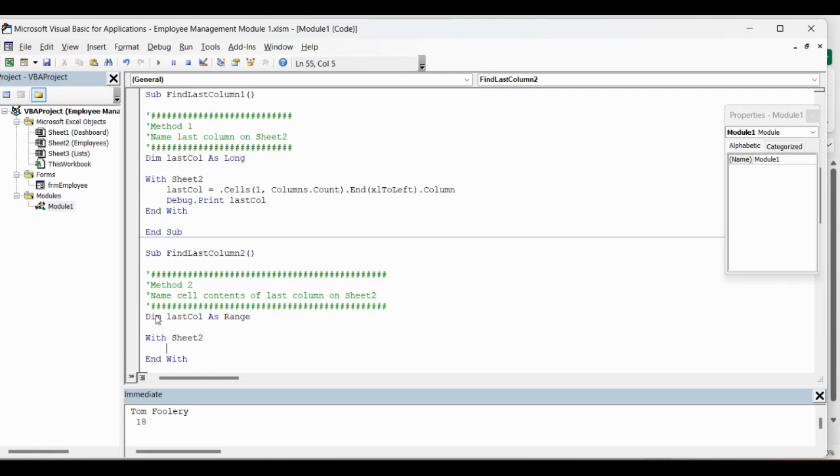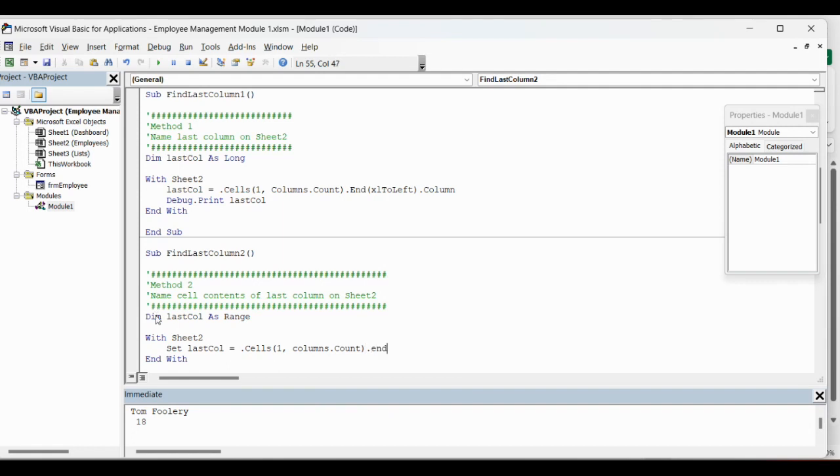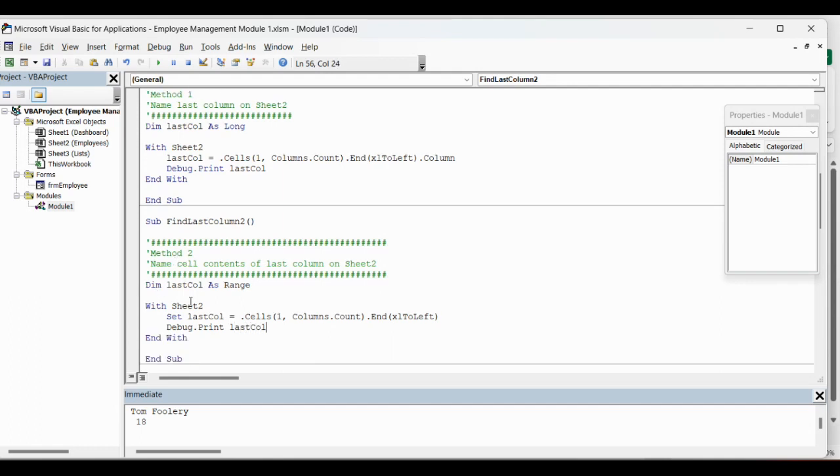For this one, once again, it's a range, so you have to Set LastCol equals .Cells, and it's once again row 1, Columns.Count .End(xlToLeft). I'm going to leave that as is. I'm not going to put .Column because I want to see what is actually in that cell. So if I say Debug.Print LastCol, it's going to give me whatever is in that actual cell.